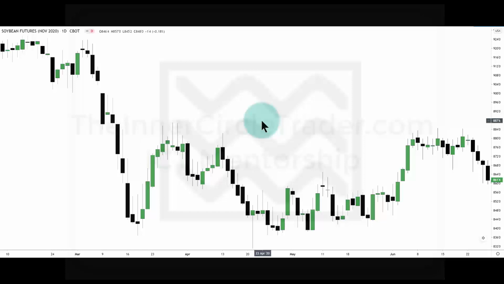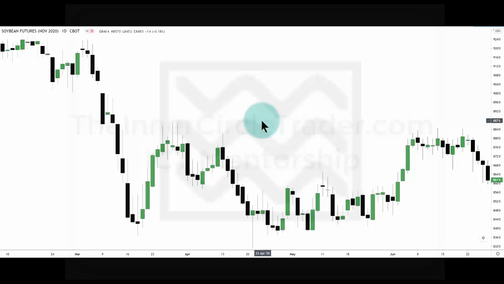Now, there is a contract trading for August of 2020, but the open interest is larger, about 400,000 contracts, for the November beans, which is being shown here, versus a lot less in terms of open interest in the nearby contract, which would be August. Open interest is how many traders are actually openly involved in trading that commodity. I talk about this when we get into the commodity section of the core content. So if you haven't got that far into the mentorship, don't let it worry you, because I cover all this.